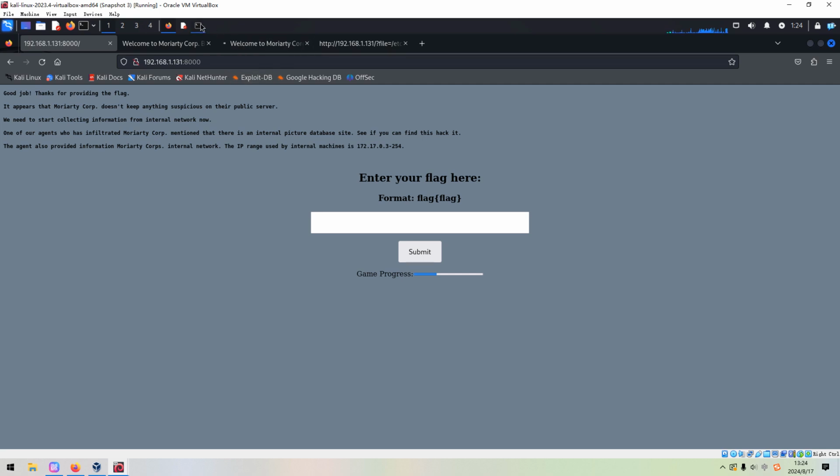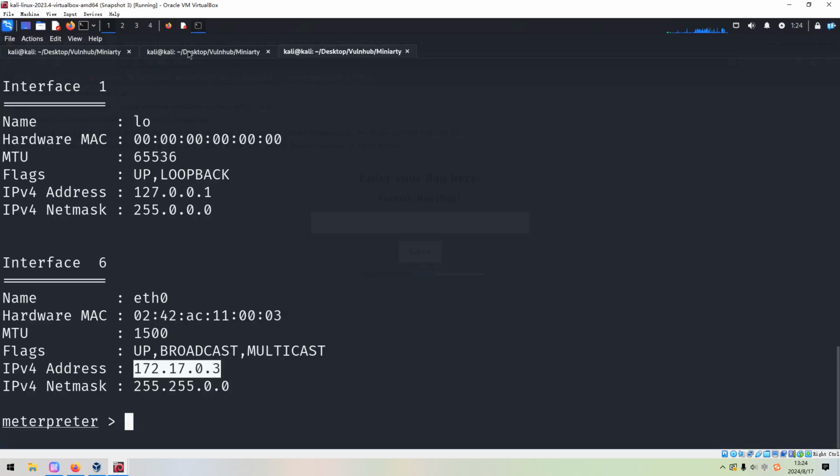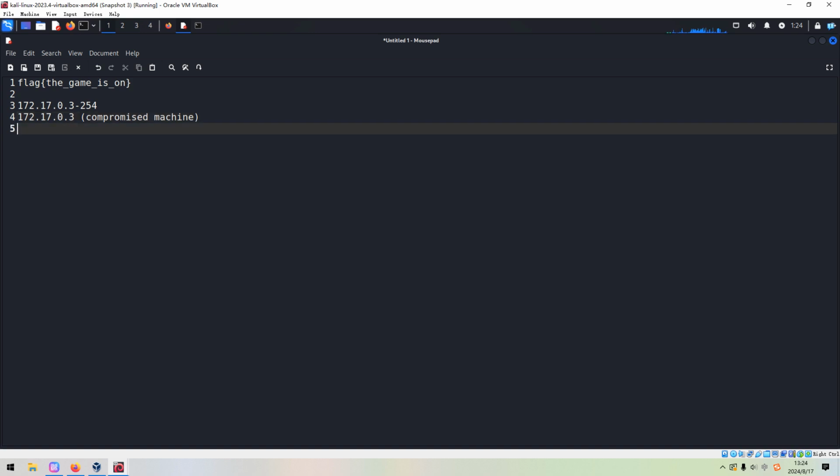So how to do it? For pivoting, generally for me, there are at least two ways. The first way, we can use Metasploit to set up the route to the internal network. And next we can set up port forwarding with the built-in command of the Meterpreter: portfwd add.